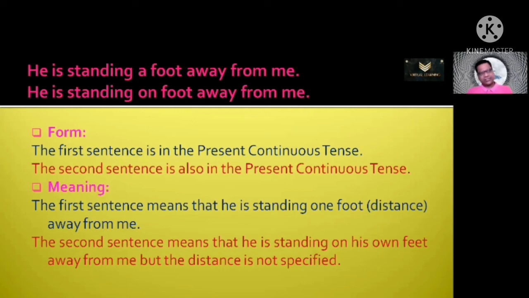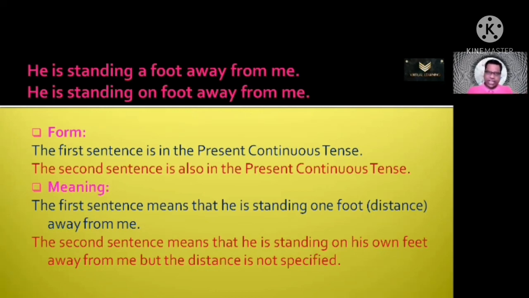In both the sentences, third person singular number, he is functioning as the subject. Then you have is, the auxiliary verb. Stand is the main verb. But since is is there and stand is provided with ing form, that is progressive form or continuous form. So based on this structure, you can simply say that the sentence 1 and 2 both are available in the present continuous tense. Now you look at the meaning.